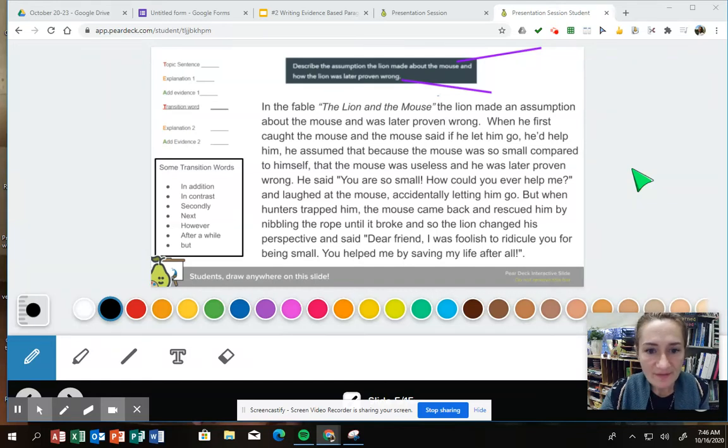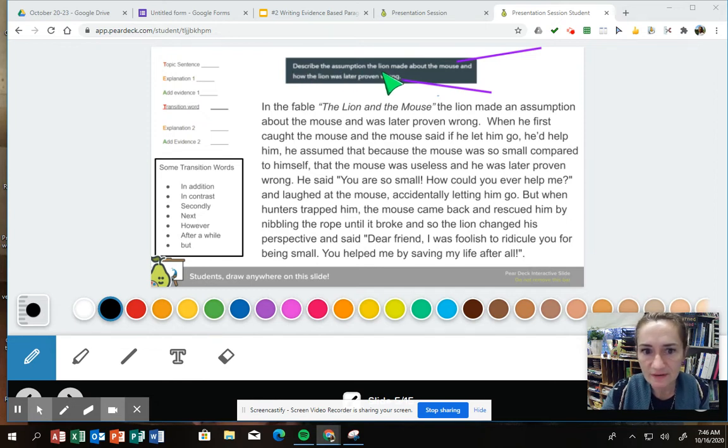Hi everyone. So on this slide we have an example of an exemplar response to a question. That means that this is a very good, the best of the best kind of response to the question we see at the top. We need to look at the question, in this case it's actually a prompt, first, and then we'll take a look to see what it is that this student did that was so great, using TT to help us. So let's take a look at the prompt first to see what we need to do.